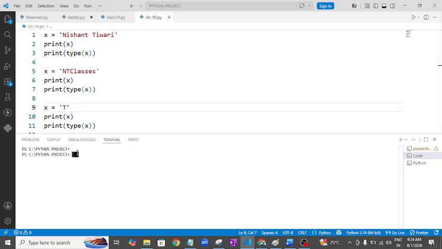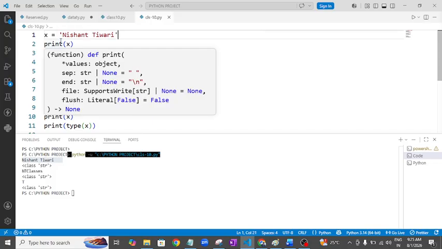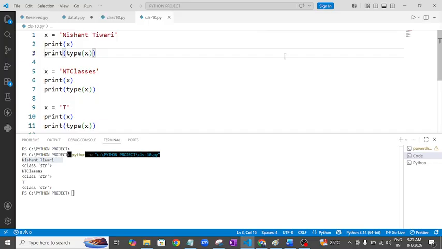Okay, let's see. What output are we getting, sir? Okay, single quote we are doing in single quote also. Why, sir? Why single quote, double quote, things like that? Why can't we do it in only double quote? In other languages we are doing it in double quote only, sir.